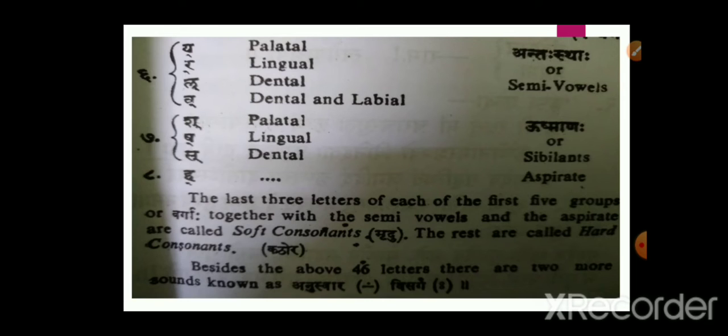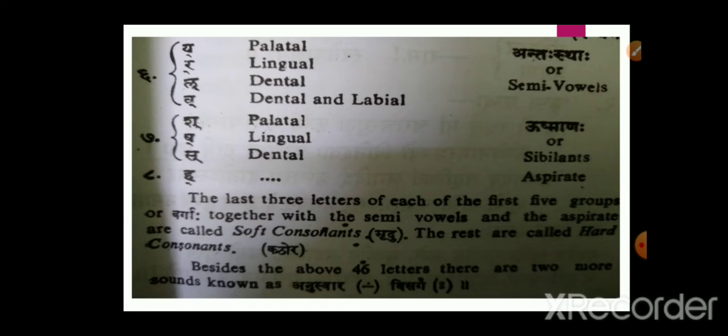Mrudu. Mrudu means soft. And hard consonants are called as Katora. Hard means Katora in Sanskrit. Let's see what are the soft consonants. The last three letters of each of the first five groups